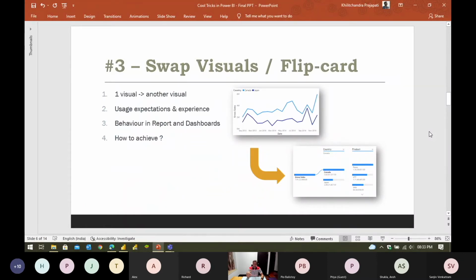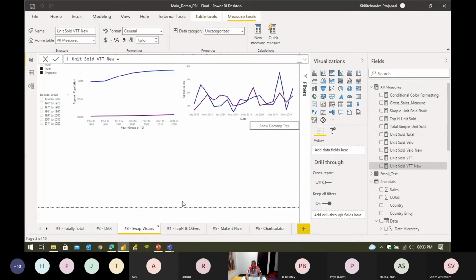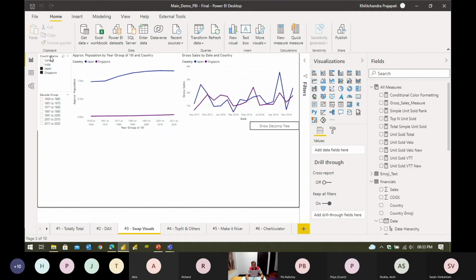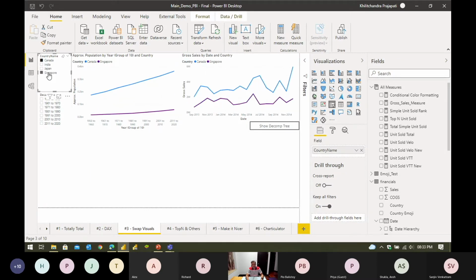This is more like an experience for the people. So for example, let's say I am trying to create some kind of a report for my user where he is seeing some kind of a filter and doing some analysis and seeing the line chart. So let's say Singapore versus Canada, and he's just doing it. But he is a consumer. Now he doesn't have an ability to modify this